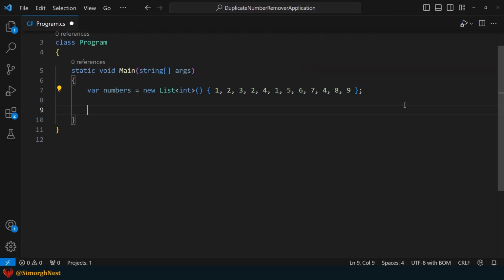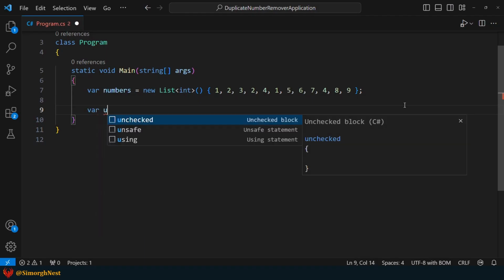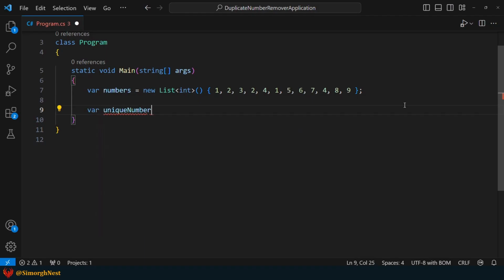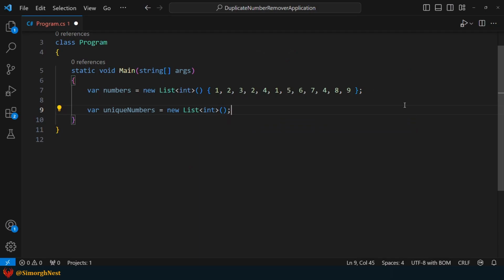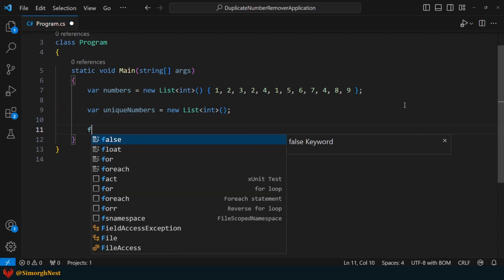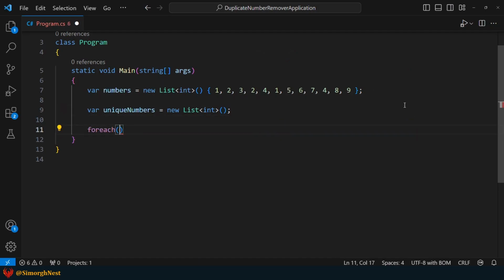Okay, to solve this challenge, let's start by creating an empty list called unique numbers. Next, we'll use a for each loop to iterate through each element in the numbers list. Inside the loop, we'll add an if statement to check if the current number already exists in the unique numbers list.